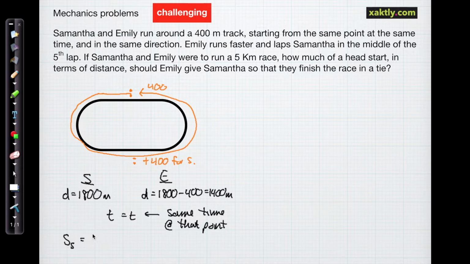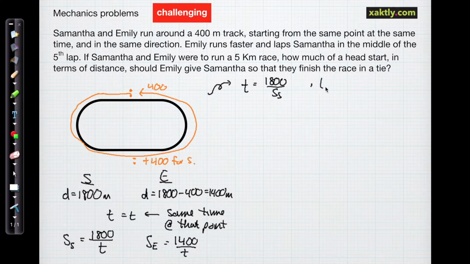So we can write down speed equals distance over time expressions. So the speed of Samantha is 1,800 over t. We don't know the time, and that doesn't matter. And Emily is 1,400 over t. So I can flip those around and solve for the time. The time is equal to 1,800 over the speed of Samantha, and the time is also equal to 1,400 over